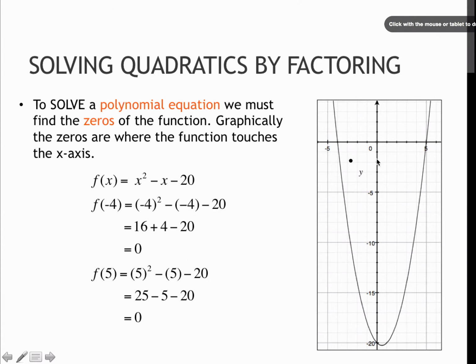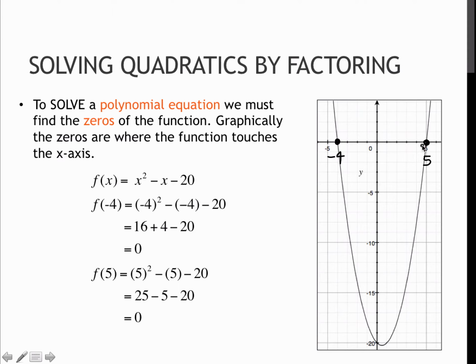So looking at our first polynomial equation here, again, it's a quadratic because it's to the second power. And this is a graph of the quadratic. I'm not going to show you how to graph in this particular course, but if you graphed it, it would look like this. And I want you to notice that it's crossing the x-axis at -4 and at +5. So when I graph it, the parabola, which is the U shape of my quadratic, crosses the x-axis at -4